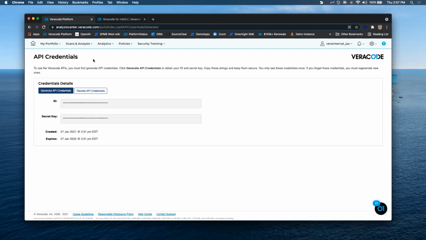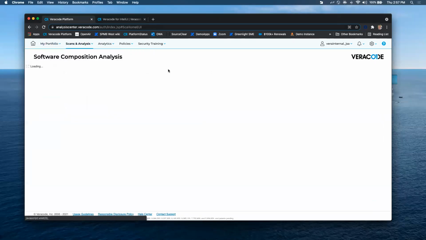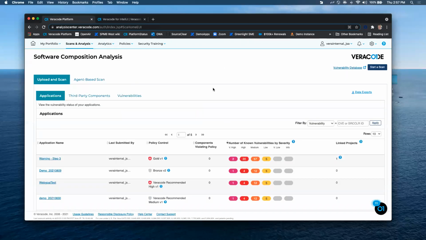All right, so the next thing that I'm going to show is our software composition analysis. When you come into the platform, you'll see software composition analysis. I'll click on software composition analysis. When you do an upload and scan, you'll be able to,